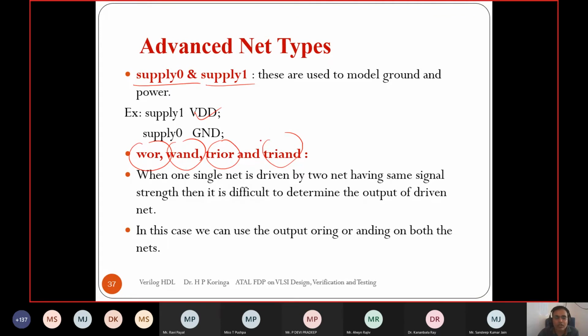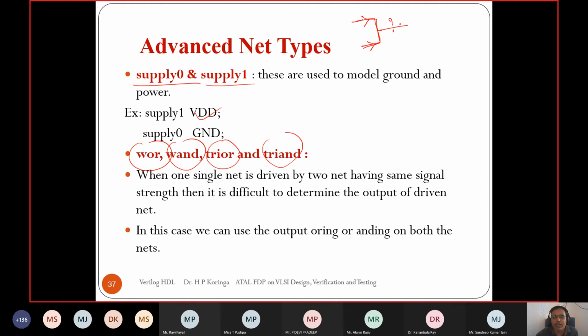Sometimes it happens that one wire is being driven by two different wires with the same signal strength, and then there is confusion about which logic to take, coming from the first or from the second one.